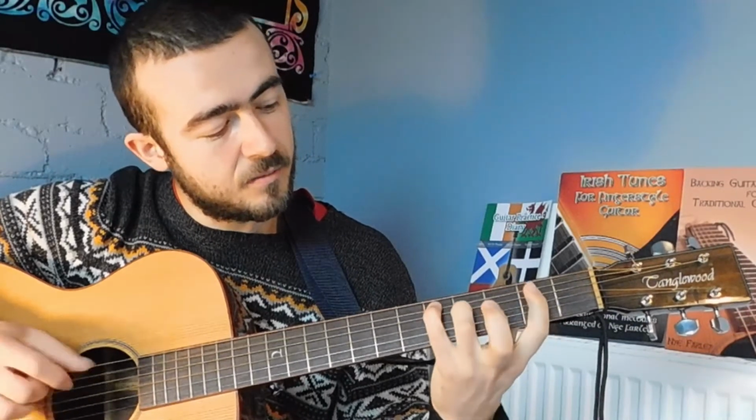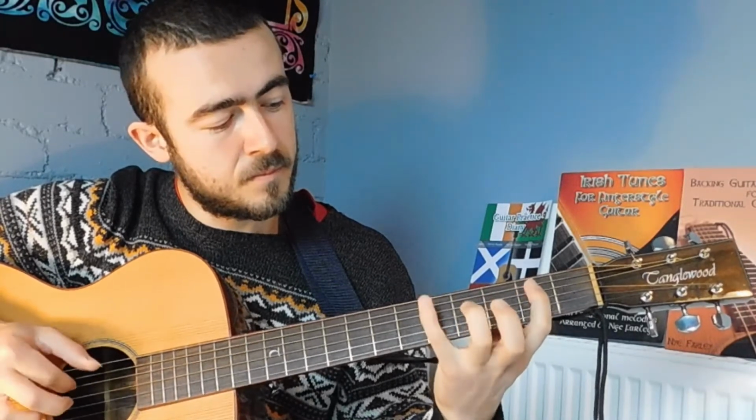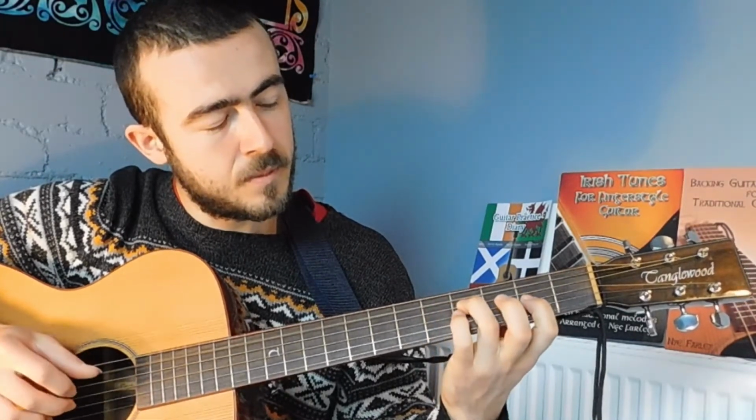If I'm going to continue this thing that we were doing before of having the root note and then the 5th on the third beat of the bar, the next note that I'm going to want in the bass is going to be the A. So that's going to be the A string, and that's going to go with the next couple of tune notes. And then a D again. Something like that. So we've got...